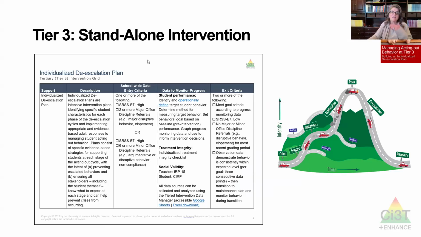So many of these, like de-escalation plans, and this will be one that we'll talk a little bit more about next year and is also on our website, very popular. And so in yesterday's session, we got to work with about 150 teachers, and we introduced them to a tier 1 practice about looking at a 6-step approach to responding to challenging behaviors. And that's something we do for everybody. This particular intervention would be for kids that got that from their teacher, maybe something else at tier 2 and still needed more. And it was wonderful. Yesterday at the session, there were a couple of teachers who were like, this isn't going to be enough. And we're like, it's not going to be enough for everybody. So let's connect you with what will work.